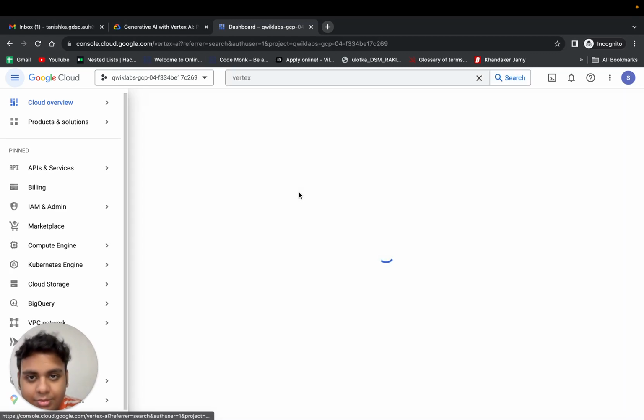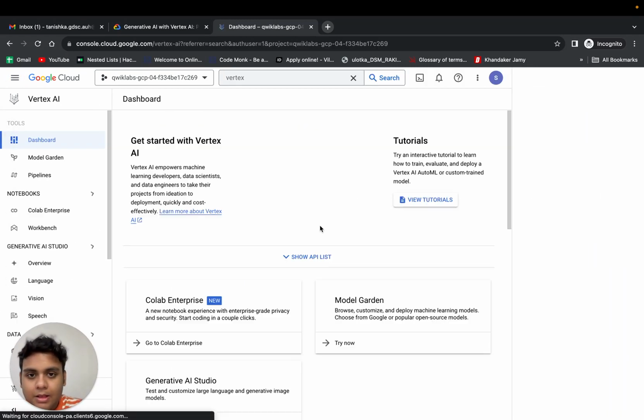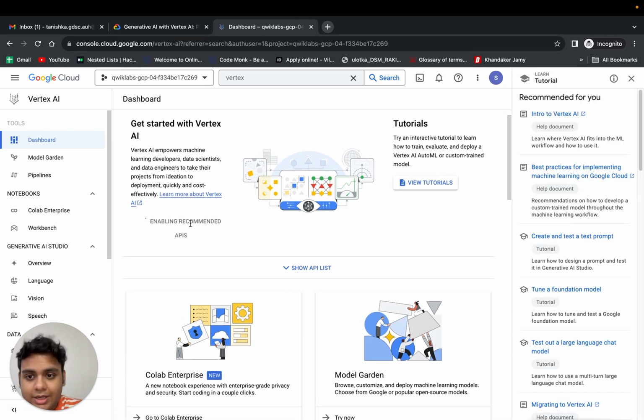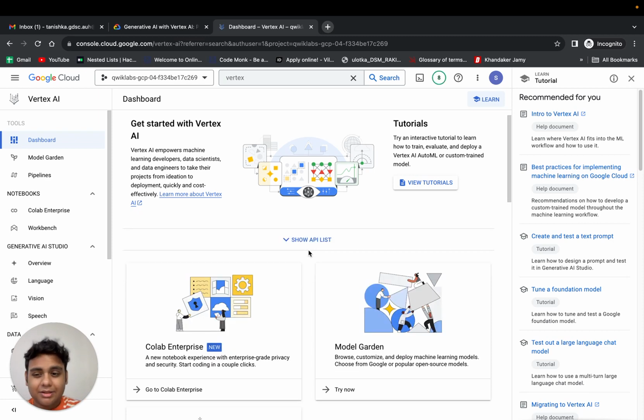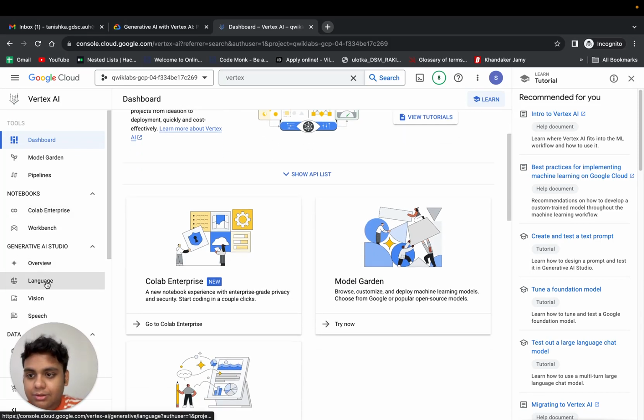So this should be the one we're talking about, and we'll click enable all recommended APIs. You can obviously search that in the library window, but I think this is a better and faster way to do it. Now when we are here, what we need to do is come here to